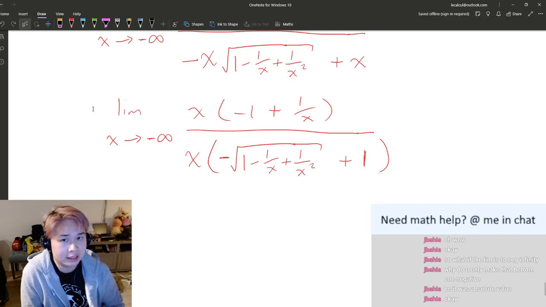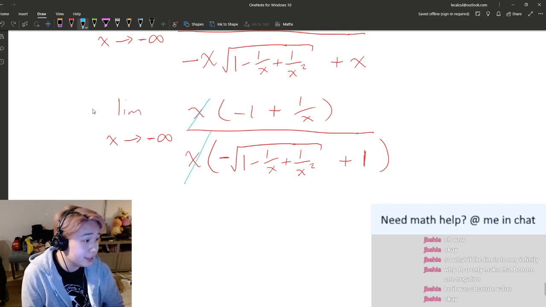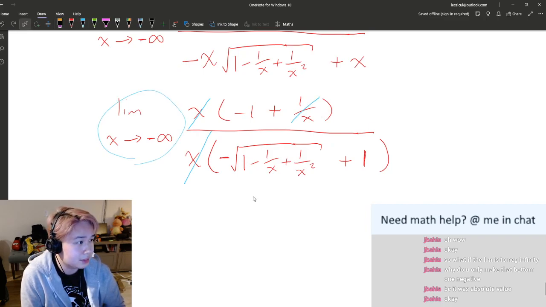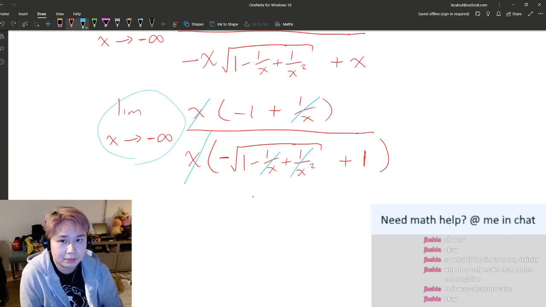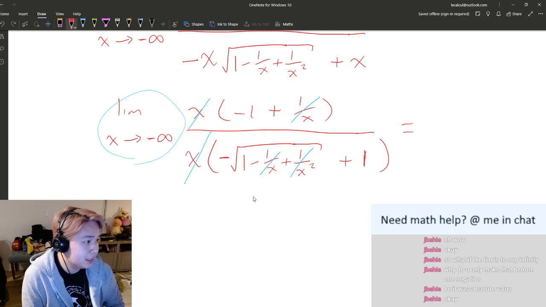So things are slightly different. These x's still cancel out, and now you can plug in infinity because the x's are just in the denominators. So this goes away, this one goes away, this one goes away, and you're left with a similar limit, but on top we have -1. On the bottom,